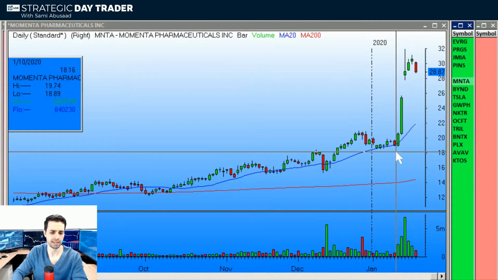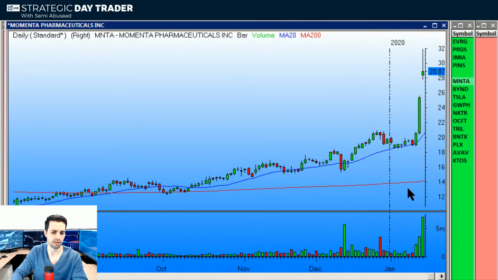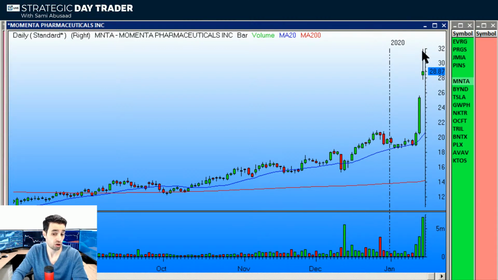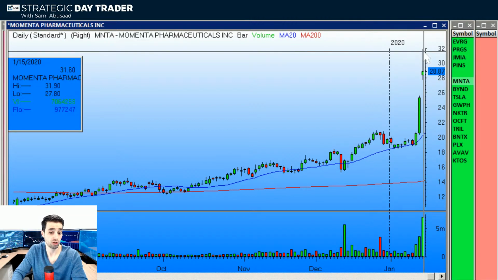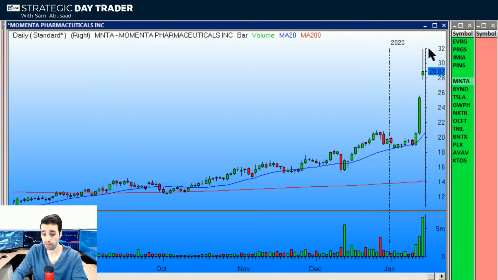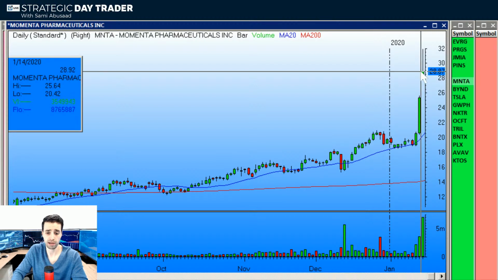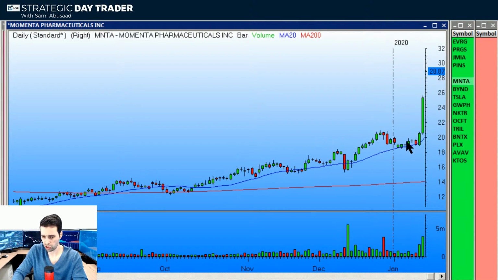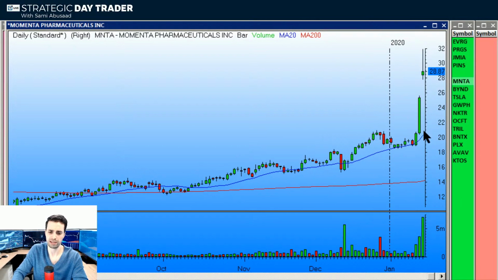Next on the list is MNTA. This one, that day, was definitely novice. It actually ran up, so it would have been a good short at the top. It was too wild, so I didn't trade it, but this would have been a good play to short at the top. It dropped from the top down, $3 probably, to $29 or so that day. And notice it was just kind of, I know it was 2 days, but really 1 day off